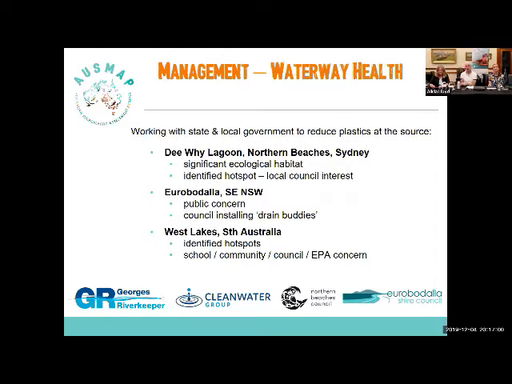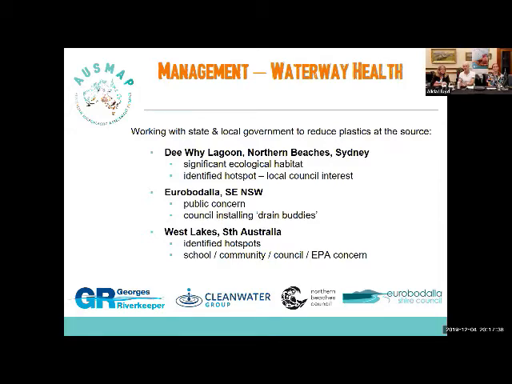As you can see in the slide there, there are 3 areas in particular that we've been working on so far. Dee Why Lagoon here in the northern beaches of Sydney has been identified as a hotspot. When we find a hotspot, we want to get to the source of where that is coming from. Eurobodalla down around Batemans Bay has already been responding to some of this data and installed some drain buddies.